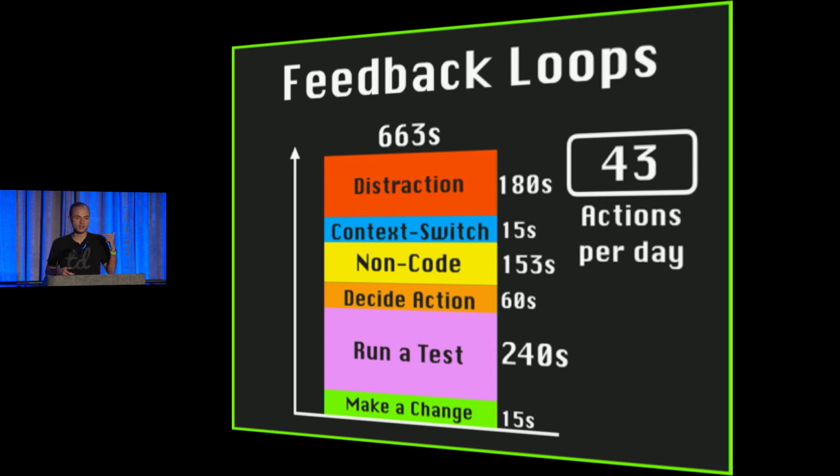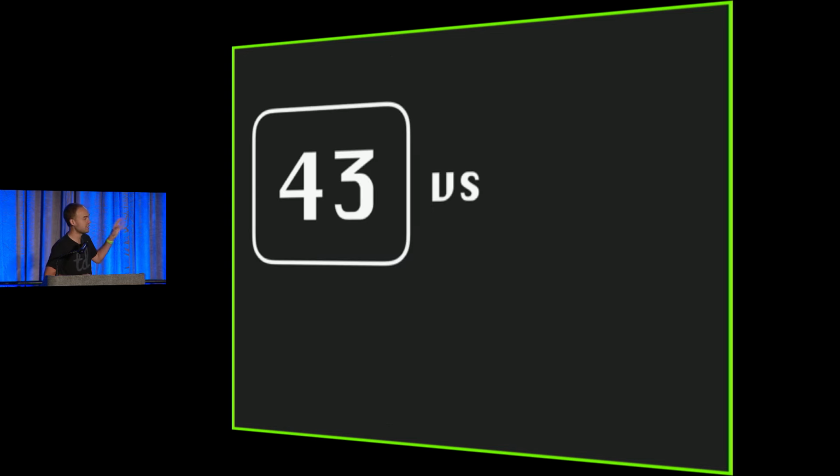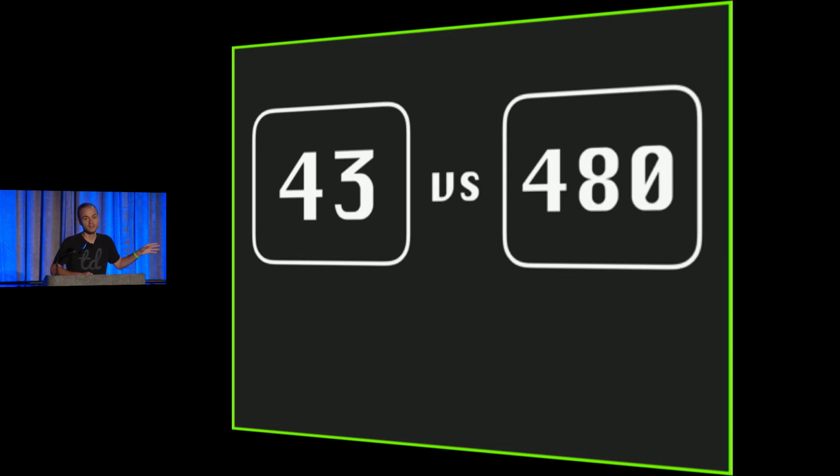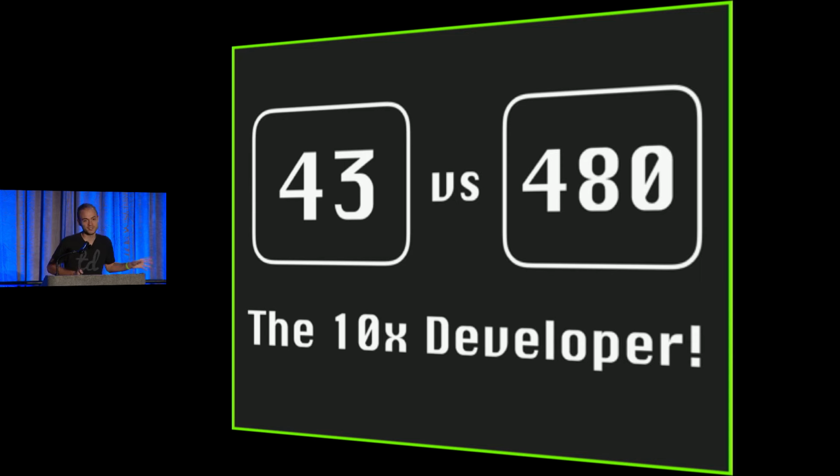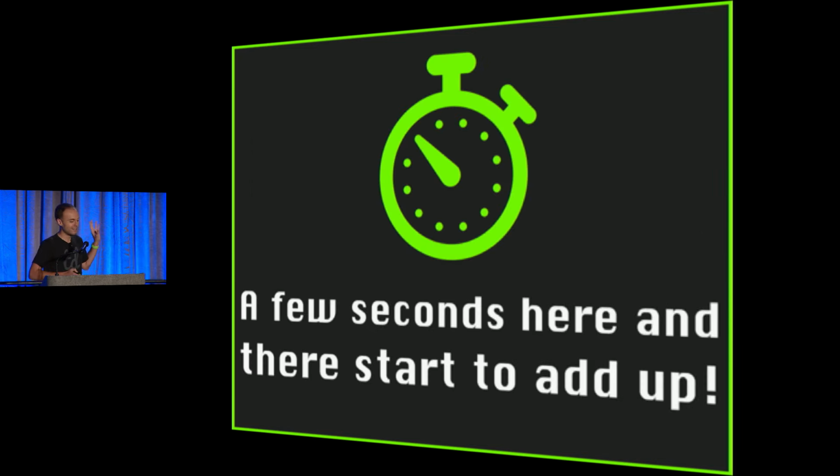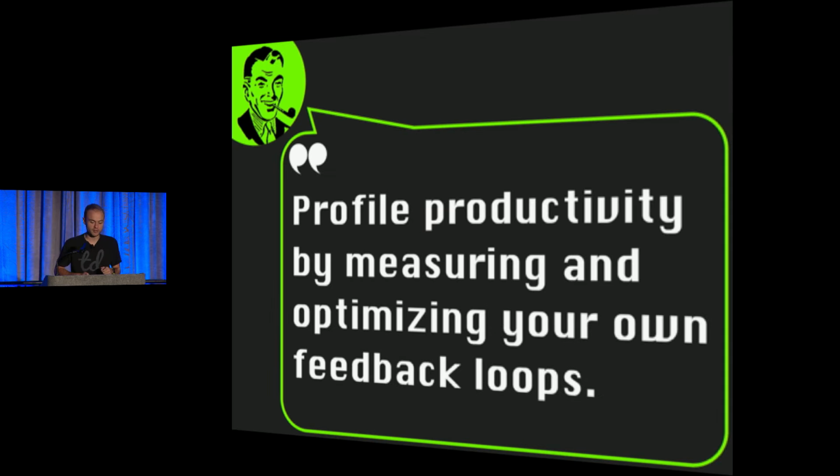And your brain starts to rot after a couple of months like this, but the way that teams get to this point is little tiny bits of slowness over time, and so we just acclimate to these really non-productive environments. In fact, 43 is a lot less than 480. And if you pause for a second, you'll realize that we just found it, the 10x developer. I say that to indicate a few seconds here and there really start to add up, and they can really creep up on you, seeing teams go from very productive to not productive at all.